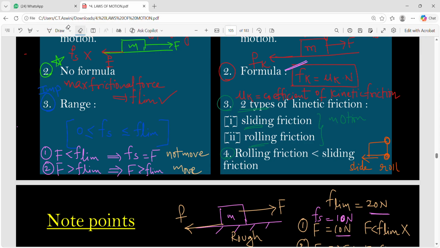And as rolling friction is less, why is rolling friction less? Again, this will be a dot, because the contact will be less. In the case of sliding, the contact of the body is more, so friction is more. In the case of rolling, contact with the surface is less, so friction is also less. So rolling friction is less than sliding friction. That is why if you take luggage bags,